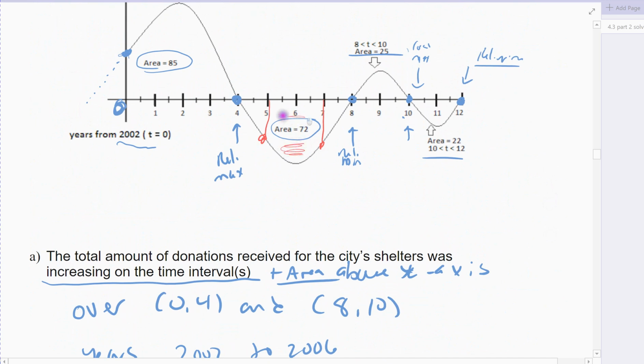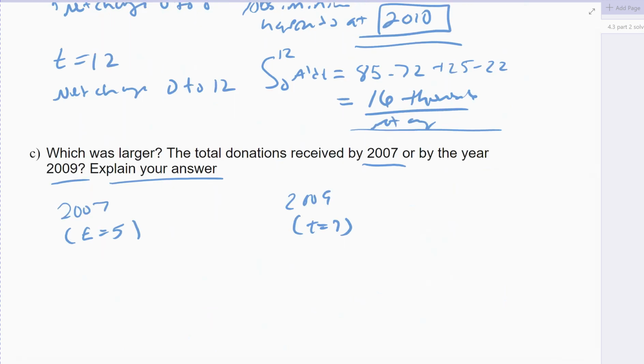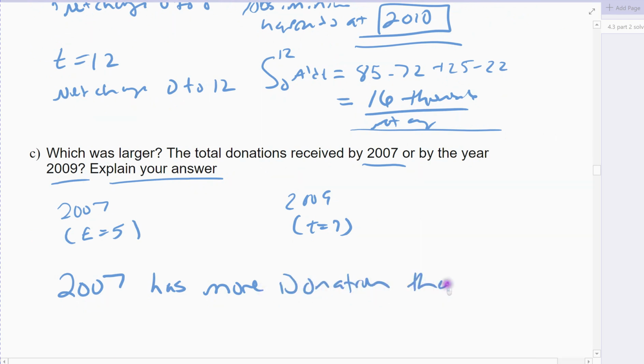Now, I can't actually find the area because it cuts in the middle here. But if you look, this area between those two numbers would all be a loss, right? It's a negative area. And so at 5 years, I would have this 85 gain and this little bit of loss here. But in 7 years, I would have this same gain, but I would have more loss, right? So that means 2009 would have fewer donations than 2007. However you want to word that, 2007 has more donations than 2009